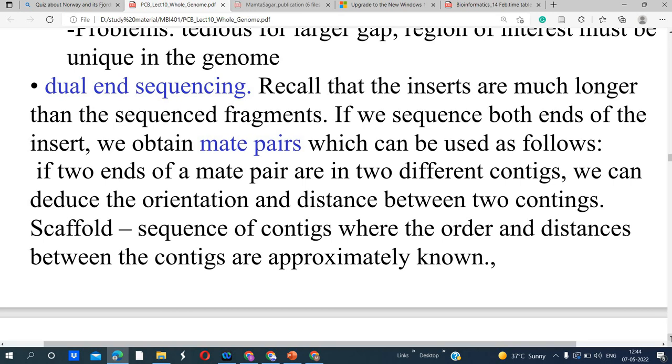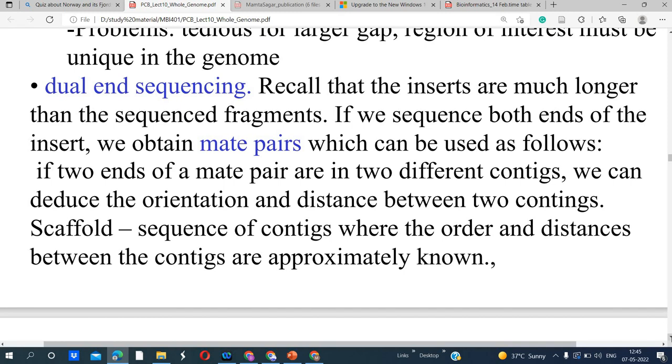If the two ends of the mate pair are in two different contigs, we can deduce the orientation and distance between the two contigs. So we have to analyze carefully. We can synthesize the fragment, but this is not appropriate for longer sequences.